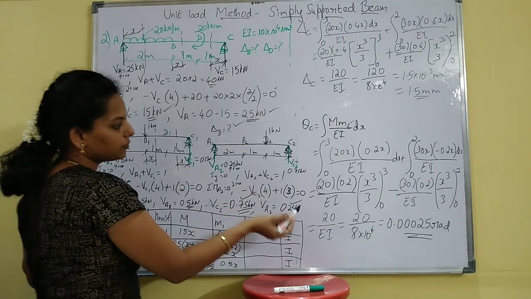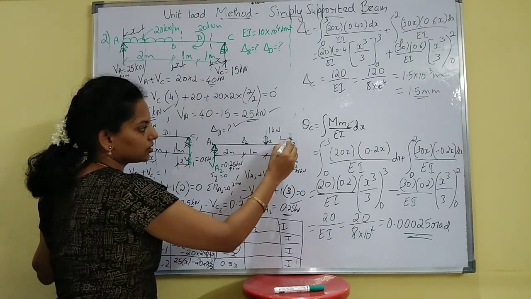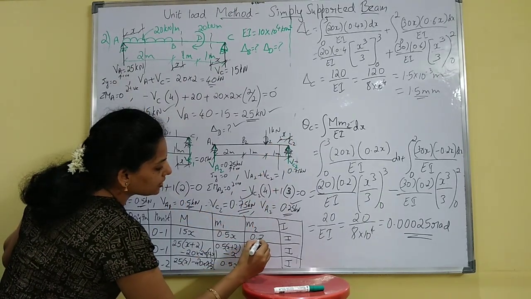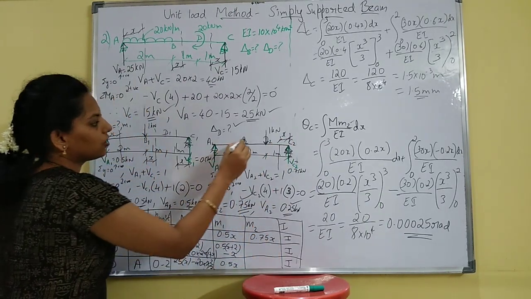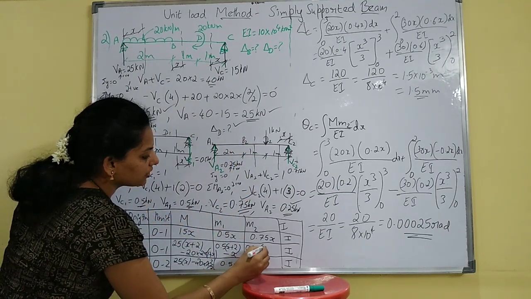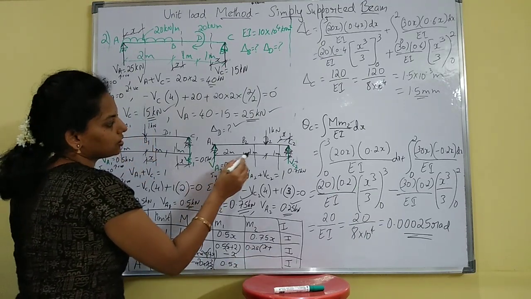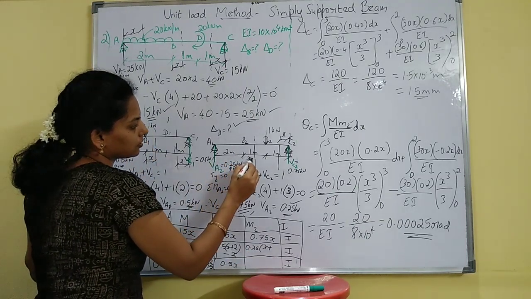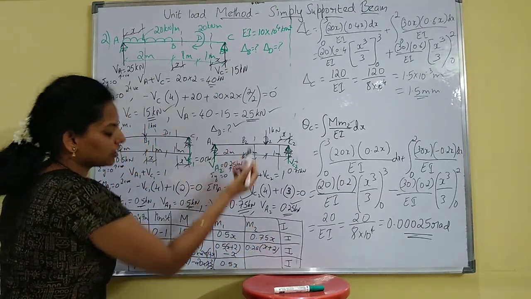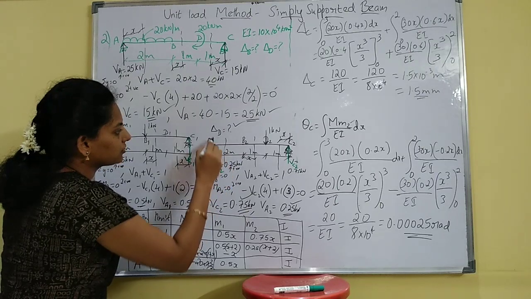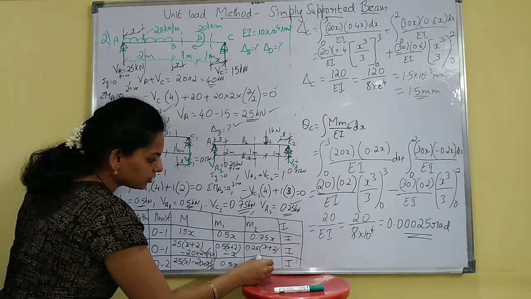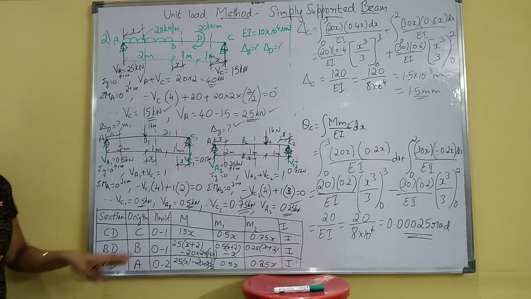Now coming to this M2, it is similar. So you will have 0.75 into x. Now B as origin, you have the same thing, that is 0.25 into x plus, here it is x, so x plus 2, then no other loads, only so much. Now taking this, you have just 0.25 into x. Is it clear?